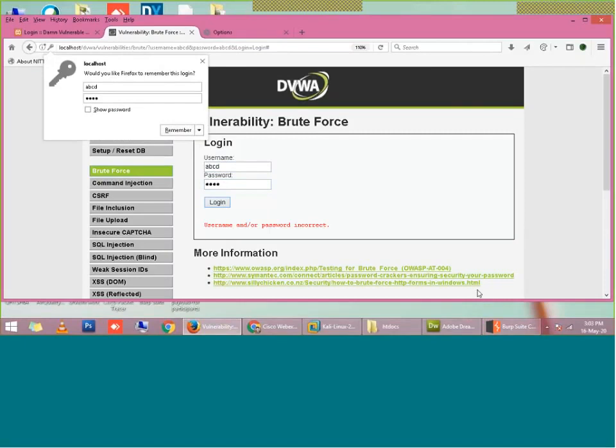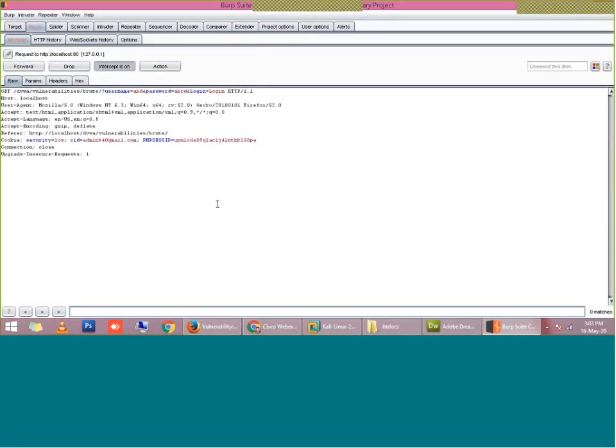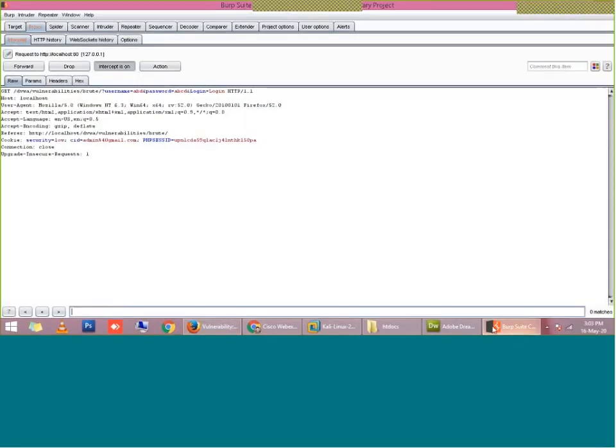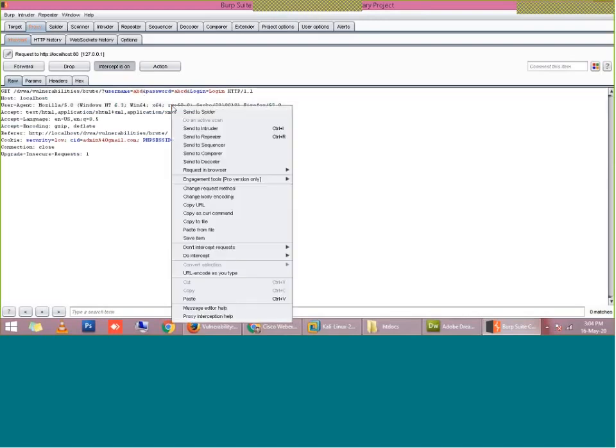So again, it is captured by Burp Suite, which has intercepted my request, and you can find here it is already rotating and not being processed. Now I am going to play with this intercepted request. I can find here the username I have entered is written here, and the password I have entered is written here. So what I have to do is click the right button. You can note the steps and perform them yourself.